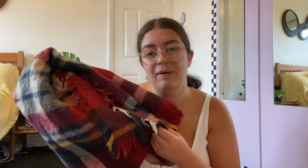Okay, I've got a big pile of stuff. I'm going to show you a brief overview of some bits that I'm going to get rid of and why. Corset I love, but realistically my boobs don't fit in a corset. This dress is too small and just doesn't fit the way I want it to. This is a blazer dress that unpops, because I added poppers to it, and it just unpops when I wear it. This scarf, I've got loads of scarves, I don't really wear them very often,